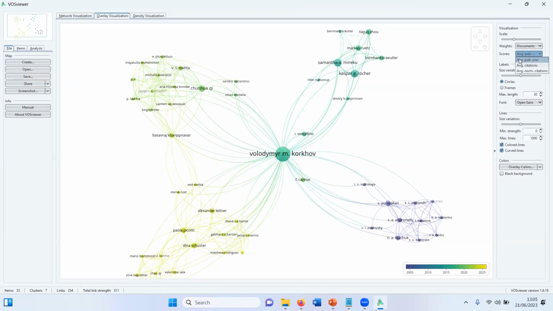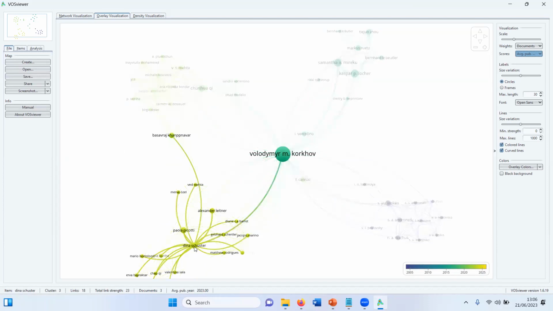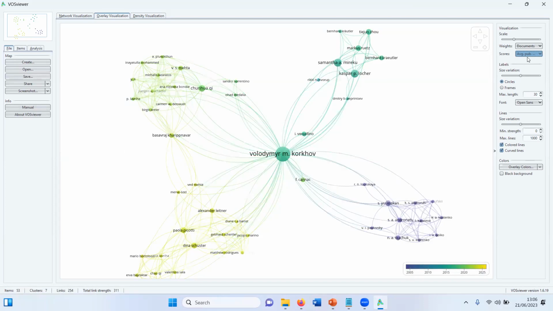Now I can have, for example, a color scheme adapted to the average publication year. So I have a color scale down here from blue is older publications and yellow is very new publications. So I can see how the network of this author has developed over time. So this was the first network he published in, and then it changed. And down here you see the most recent authors he has been working with together.